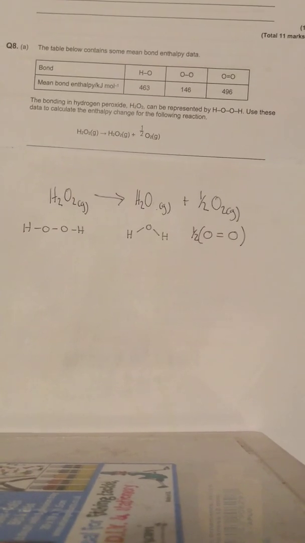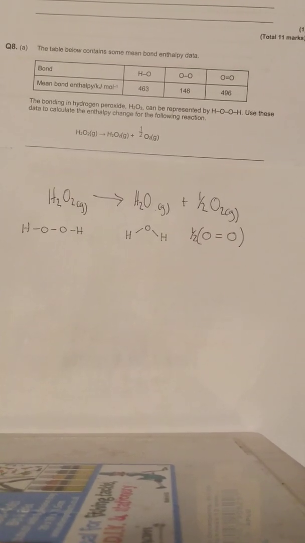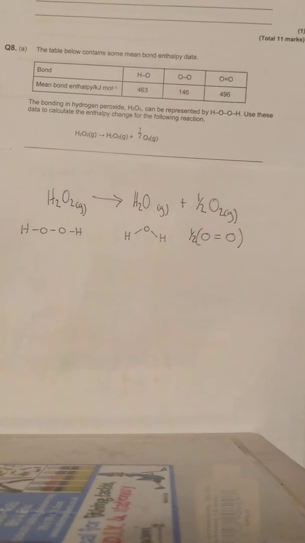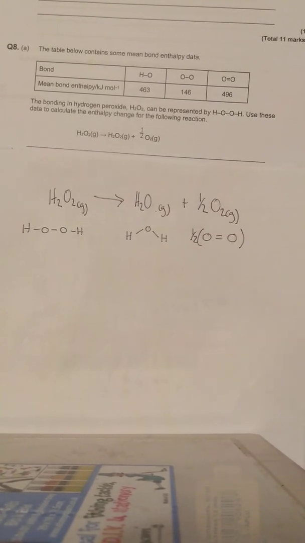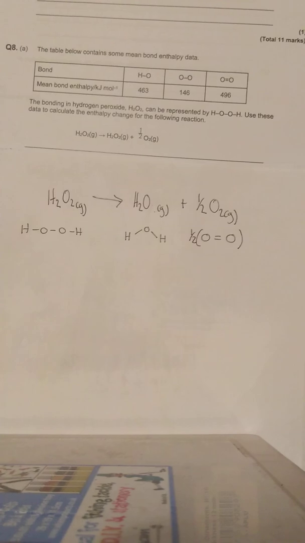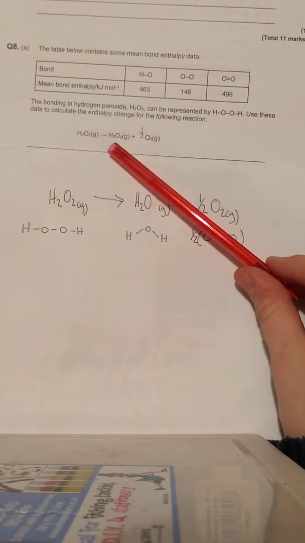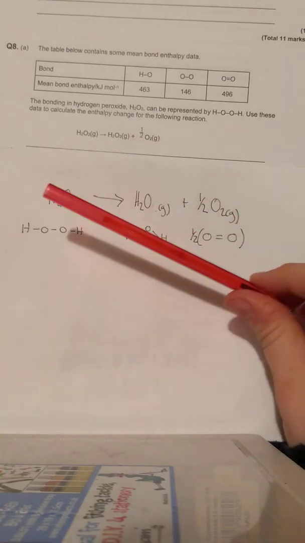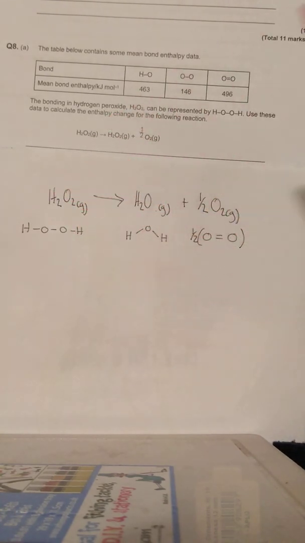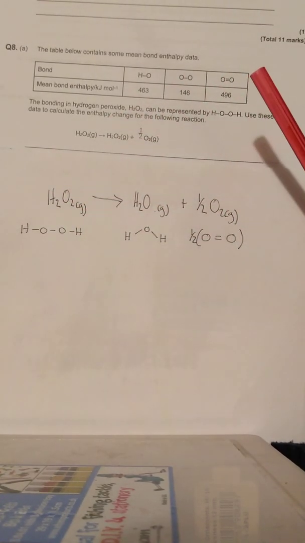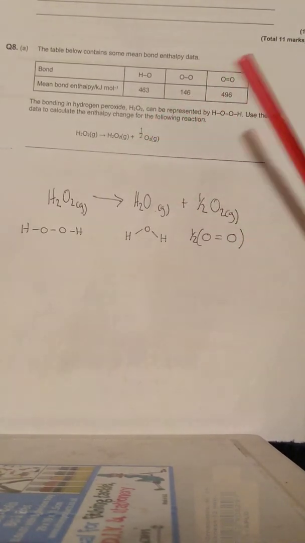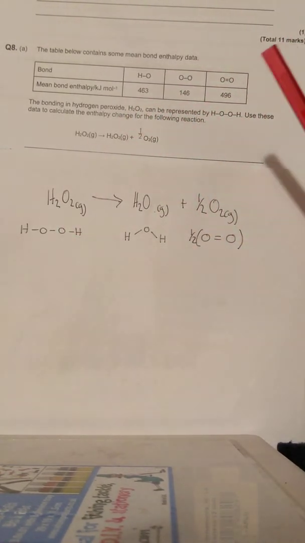Right, question 8a. Now some of you will have noticed there was an error in this question. You didn't point it out when you answered it in class, but you might have spotted it. So if we look at this equation here, we've got hydrogen peroxide goes to hydrogen peroxide plus half oxygen. That doesn't make sense. It's not a balanced equation. Now if you use this equation in the exam, I gave you credit for it, but I'm going to go